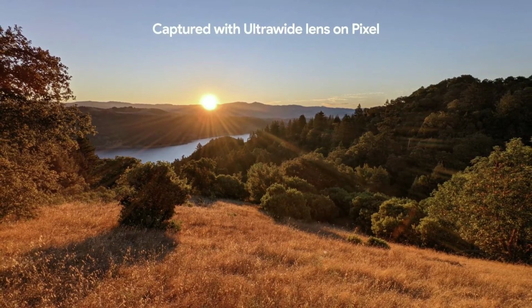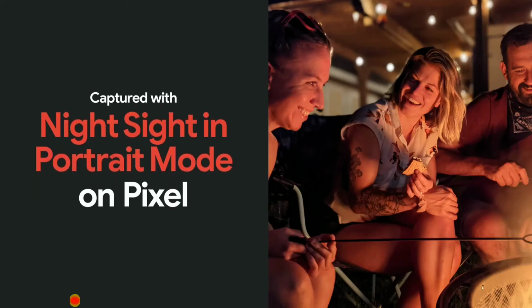it all. Users love taking photos with beautiful background blurs, but this is challenging to do in super low light conditions. So we've added night sight to our portrait mode. For those evening strolls or backyard s'mores, this combination allows the subject in the foreground to stand out even in